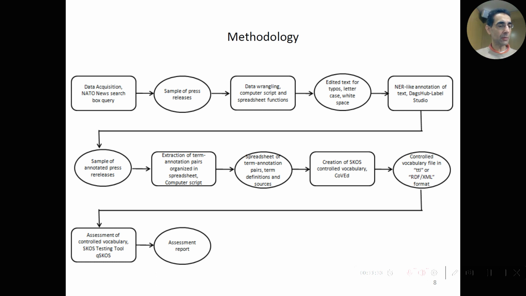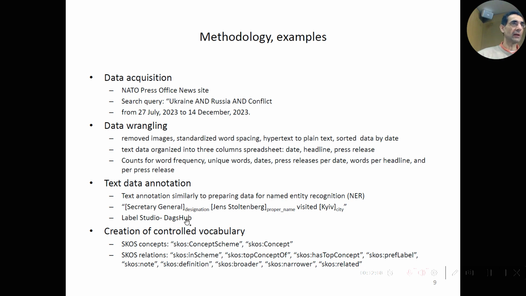That means that we use algorithms to process or pre-process, if you like, our data. And then we take this information and we do some classification, as we say here, and then we extract terms, and we try to apply the SKOS schema, until we have the first version of our control vocabulary, which is then assessed by an algorithm, as I will be discussing. So for data acquisition,